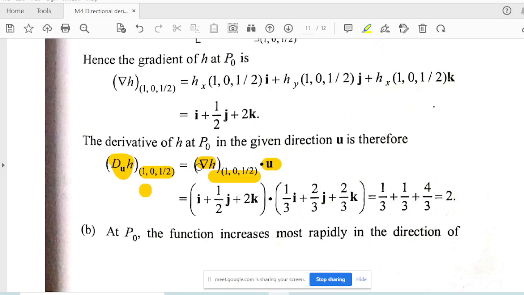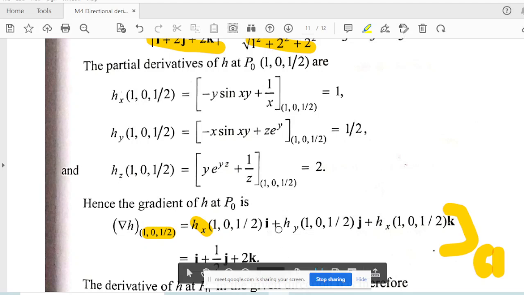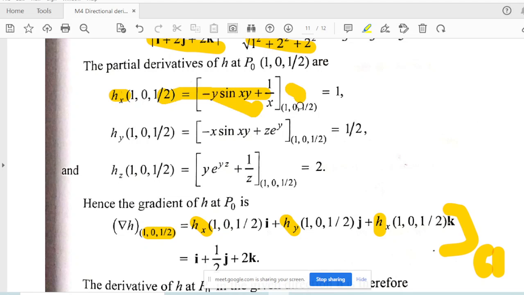We now have to find del h. What is del h? Del h at the point (1, 0, 1/2) means the partial derivative of h with respect to x and so on. If the suffix is a confusion, you can put brackets and write the point (1, 0, 1/2) outside the last bracket, which will make it easy for you. So first we are going to find the partial derivatives of h with respect to x, y and z. So find the partial derivative of h with respect to x, and at the point (1, 0, 1/2) evaluate it,